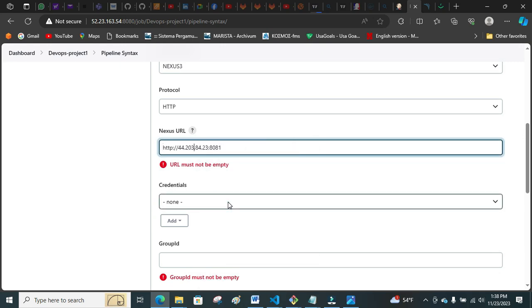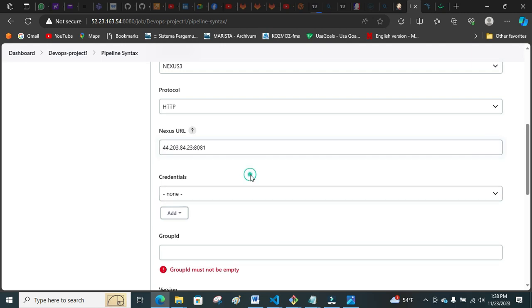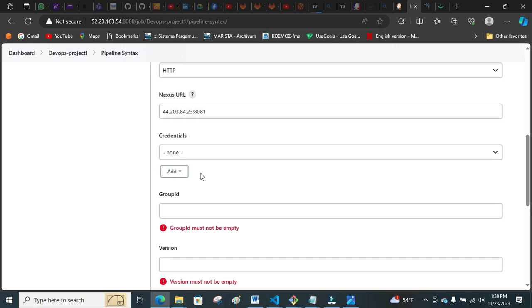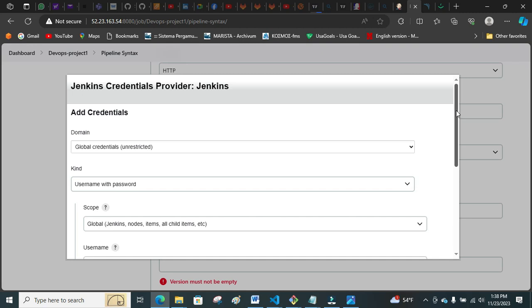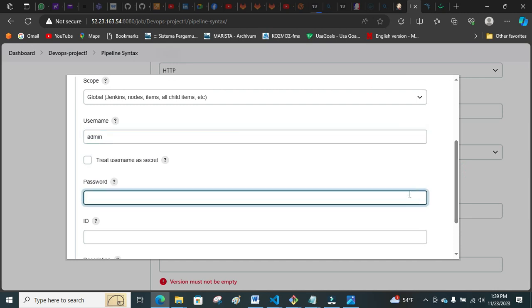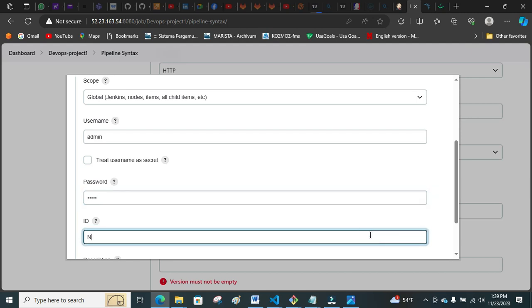Right, you remove these extra additional things. And then what is your Nexus credentials? You do have Nexus credentials. When we were installing Nexus, we created credentials. And what were those credentials? Our username for Nexus was admin, right? And our password was admin, right? So this one is